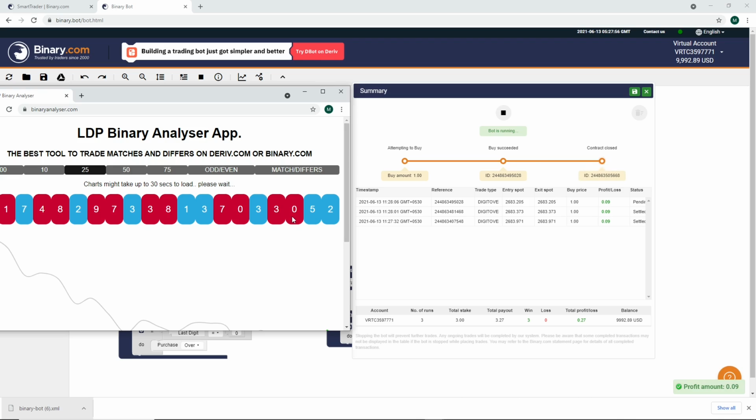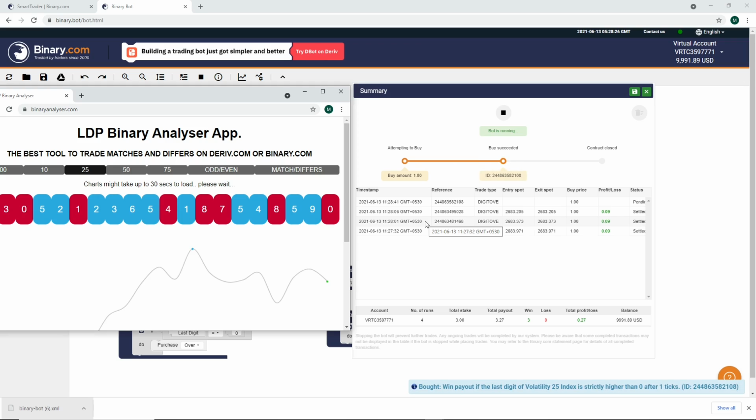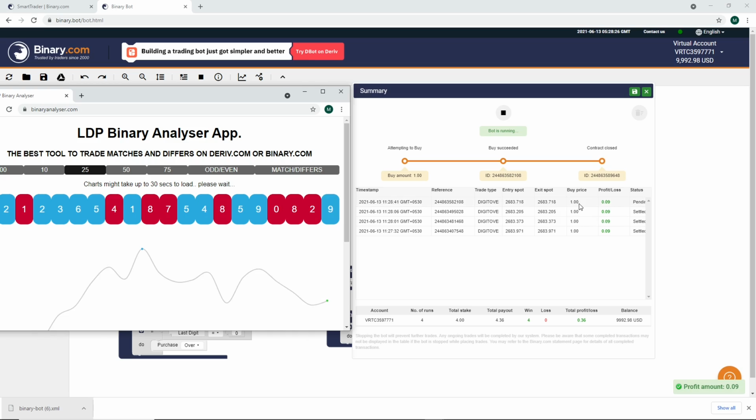Then again 0 is present, the contract was bought, and the trade was a win because the next digit was 5. If 0 is present and the contract is bought, and the next digit is also 0, our contract will lose. Our prediction is 0, so the next digit must not be the same number. Again 0, the contract is bought, and the next digit is 8, so our contract won.